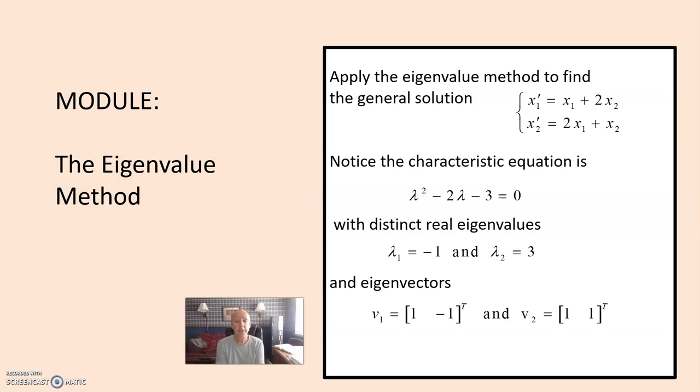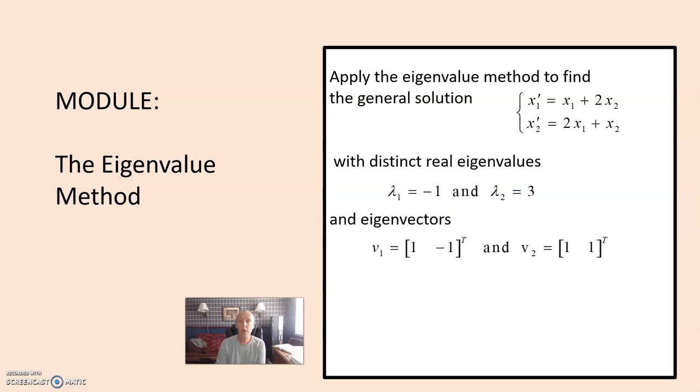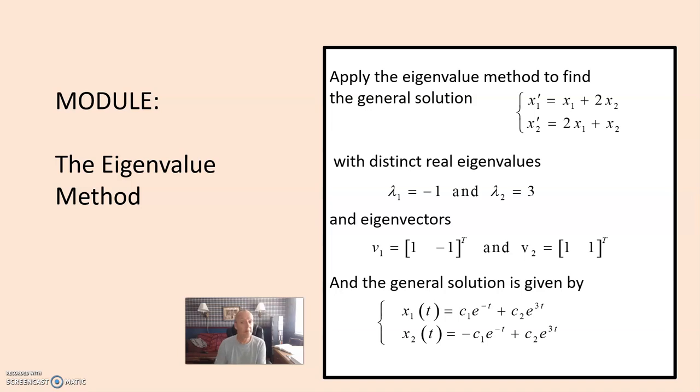Now our eigenvectors, and again, we've not shown the mathematics, we're outlining that first you find the characteristic equation, then you find the eigenvalues, then you find the eigenvectors. Our first eigenvector, v sub 1, is equal to 1 and negative 1, and our second eigenvector, v sub 2, is equal to 1, 1. All right, we'll use this information here to then find the general solution.